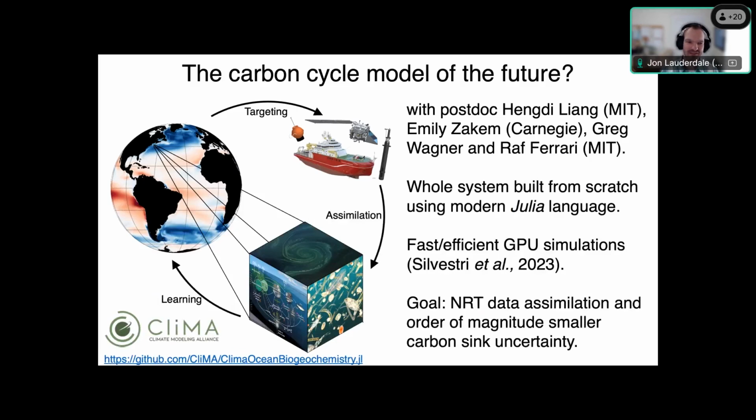And then so Helen mentioned that I'm working on this carbon cycle model of the future, I like to call it, with a postdoc Hung-Dee Lang, Emily Zakem, and Raf Ferrari and Greg Ragnar. We're basically rebuilding from scratch a biogeochemical model in Julia, the Julia language, which is optimized basically for use on GPU hardware. And the GPU is incredibly fast and efficient. So we can now,